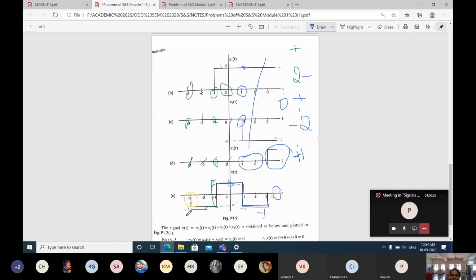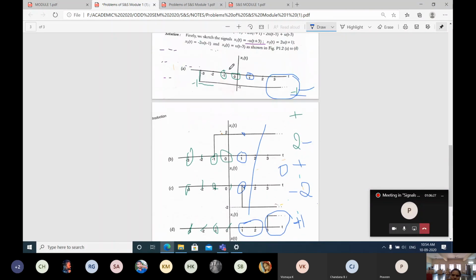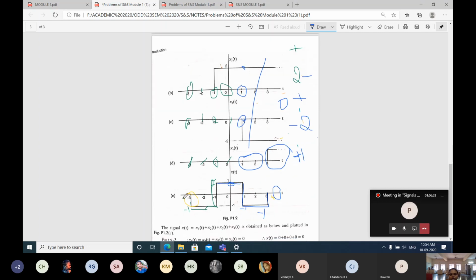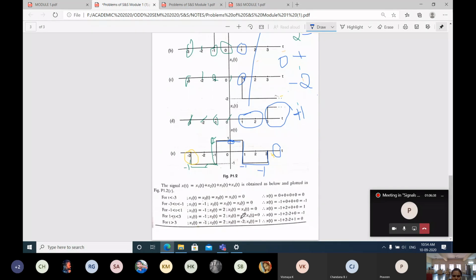This is how we have to solve by using the signals. From each point you calculate and then get the output. Okay, this is your second problem. From the equation also you can go through. Just by seeing the figures also you can, or else by using the equation. Which one is convenient for you? You can go. These are two examples. I will stop the session. Next class we will go for the next set of problems. Okay.